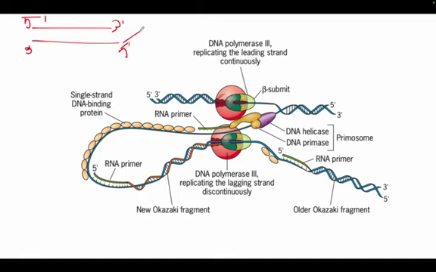So this can act very effectively as a template, right? Because if the RNA primer sits here, it can just replicate like this. But if the RNA primer sits here, it cannot extend in this direction, right? This primer will be extended in this direction,